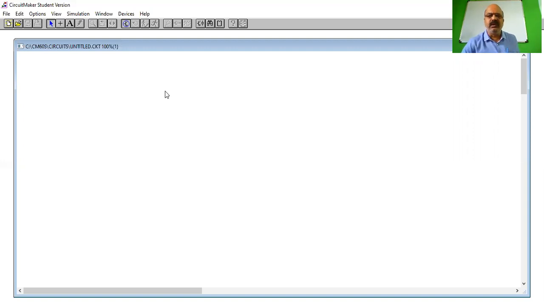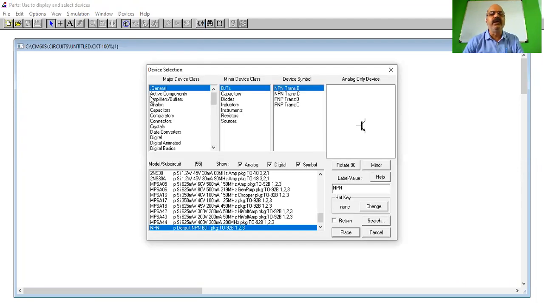I already told you in the last period, but again I am repeating, because if any of you have missed my last period, you can get the understanding of how to make use of this software. So I will select the component device. Either you go to the devices menu or you go here. Here is a picture of a transistor and capacitor. Here you can just click. If I click it here, yes, you get this window. So this is the device selection window.